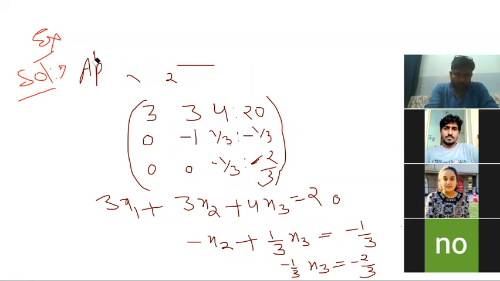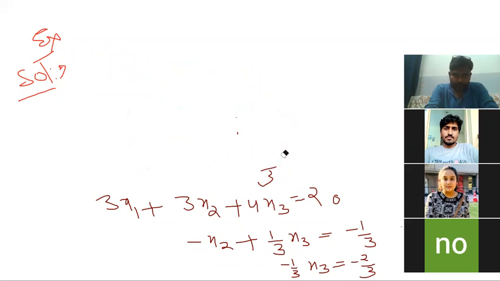Now, how do we get the values? First of all, we solve the last equation. In this equation, x1, x2, and x3 are given. In many questions, x, y, z can also be given, so it is not mandatory in every question that x1, x2, x3 will be given. The question can be written in x, y, and z also. We can take these variables. So here we have taken x1, x2, x3. For getting the value of x3, we use this last equation.